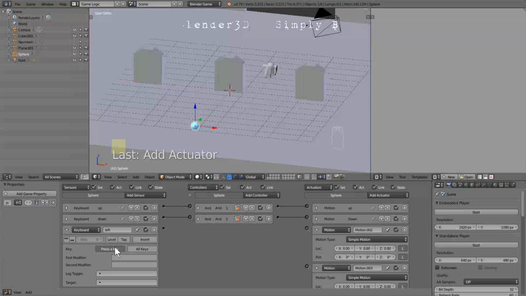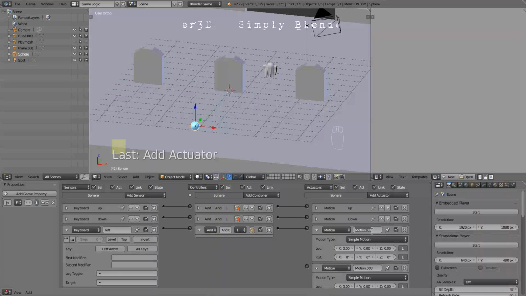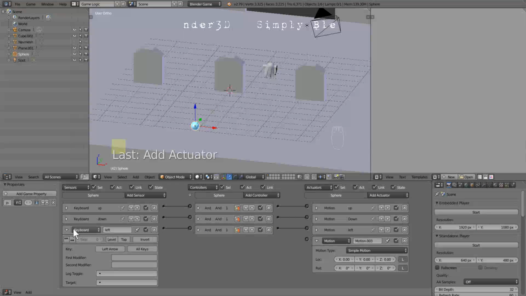And click the left arrow. Make your noodle. Click over here, type left, make sure your labels, and we're going to use the x-axis, which would be right here. We're using the location rather than rotation. So on the x-axis and left would be negative 0.1, enter. And close these, close that,